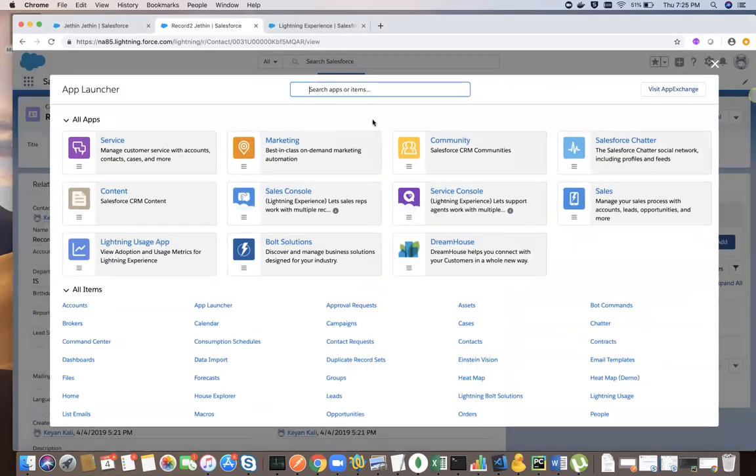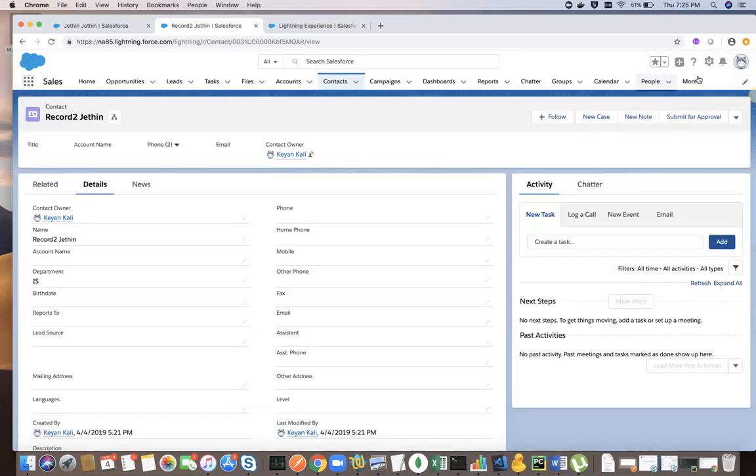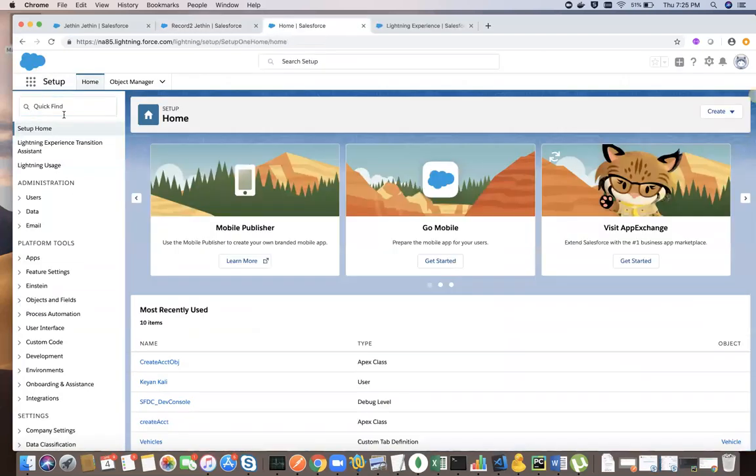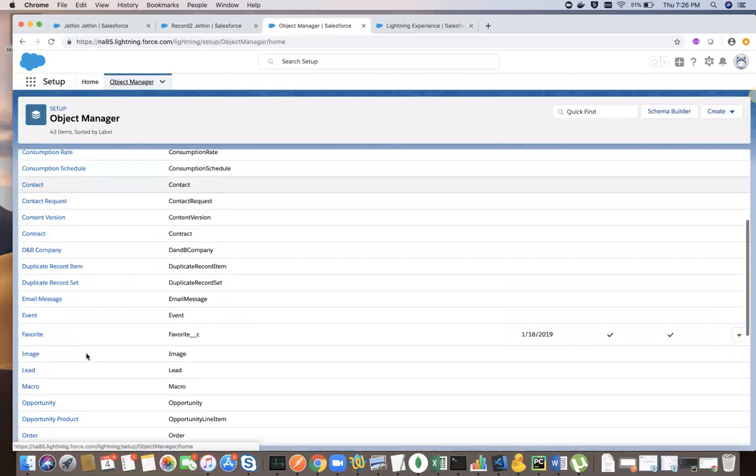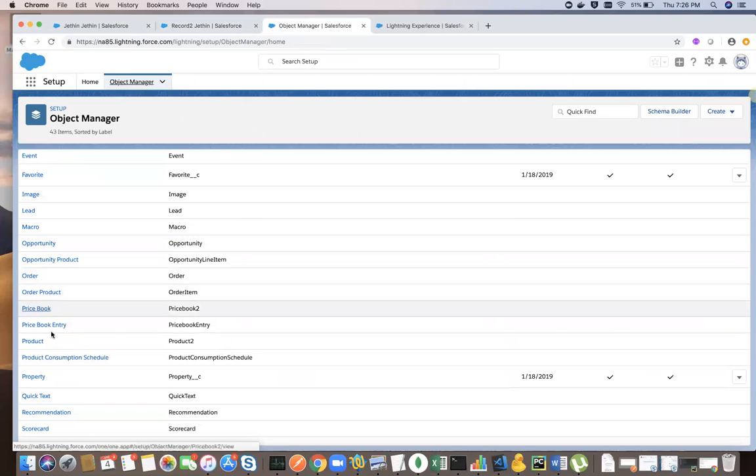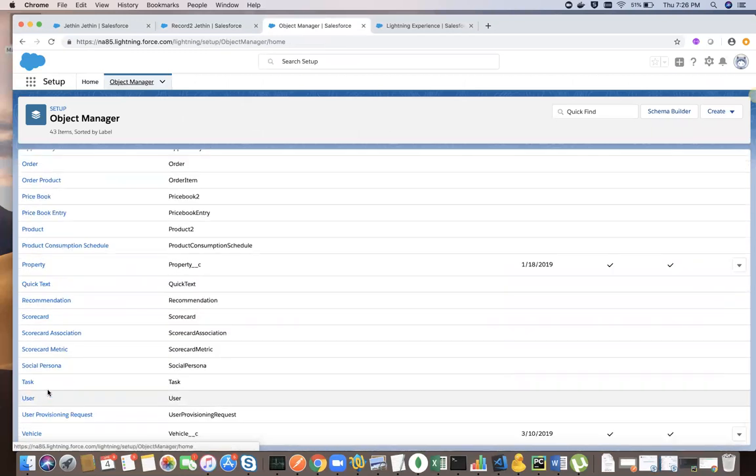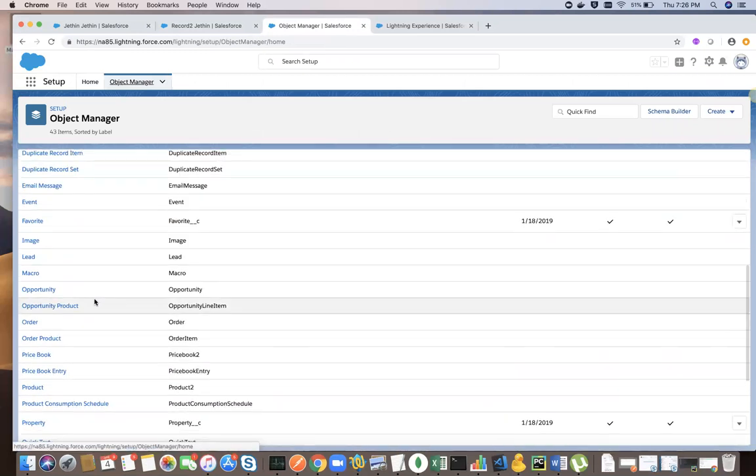If you go here, sorry, setup, and then if you go here to the object manager, you see here order, product order, price book, property, scorecard, whatever, task, user, vehicle. These are custom objects or the standard objects. In every cloud, you'll be creating your own custom object, right? In every single cloud service, it could be Marketing Cloud, Health Cloud, Commerce Cloud, Sales Cloud, Service Cloud, any cloud,